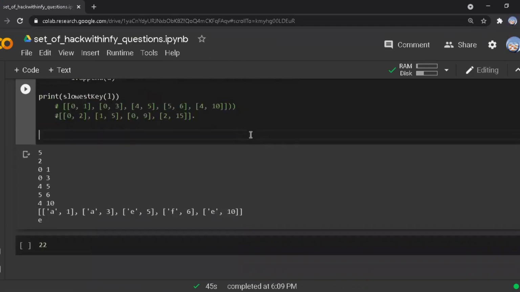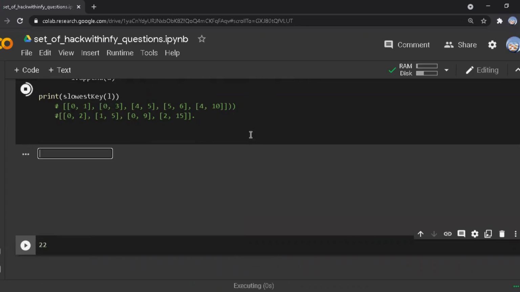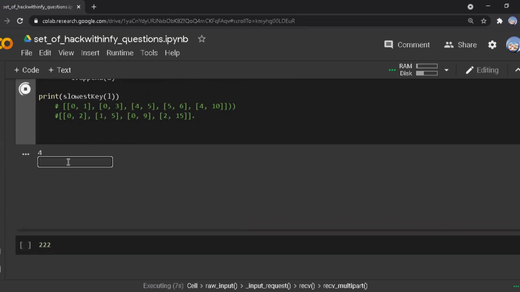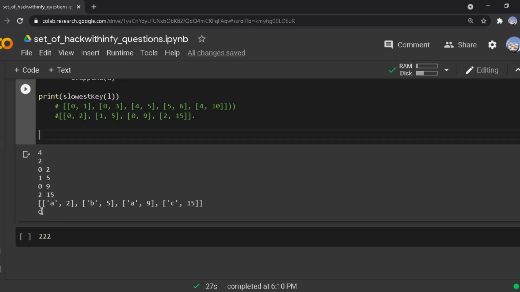So I am running it again: 4 rows and 2 columns. I will give the input 0, 2, 5, 0, 9. It works great. The answer is C.